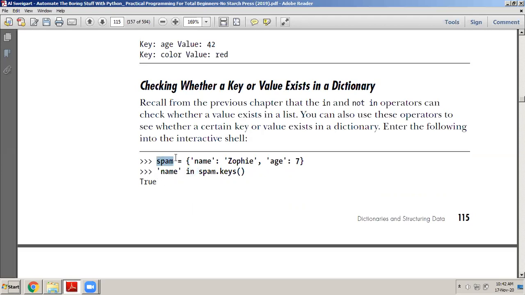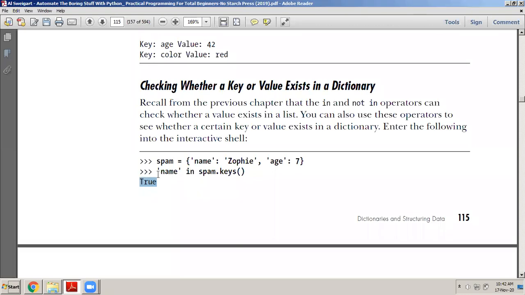If I have a dictionary called spam, and spam contains two items, name Zophie and age is 7, and I want to check whether a key is present in the dictionary or not, I simply have to use name in spam.keys. If name is a key present in the dictionary, then it will return a true, otherwise it will return a false.